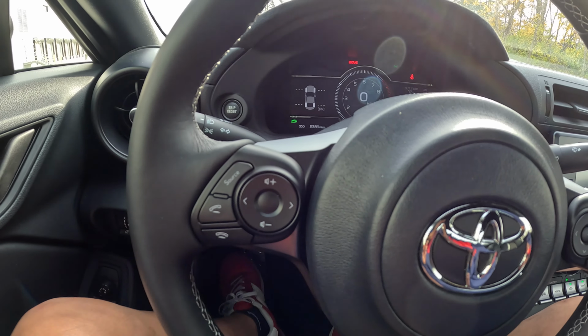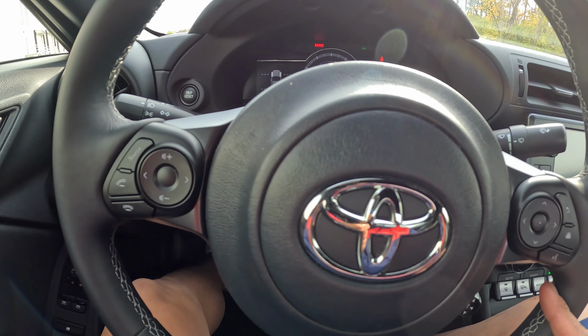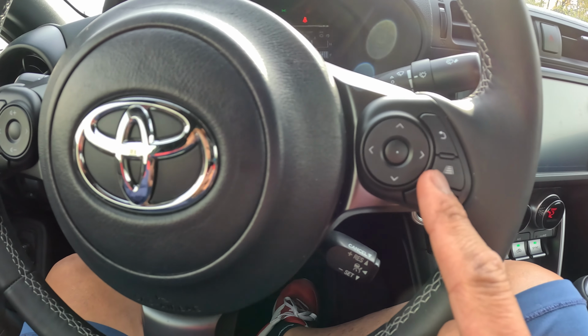Now the steering wheel itself, it's pretty sporty. It's got nice curves on it. It's not very thick. I would like for it to be just a little bit thicker for comfort. But on the left-hand side, you've got your multimedia controls. And then on the right-hand side, you've got the controls so you can change your digital gauge cluster and everything